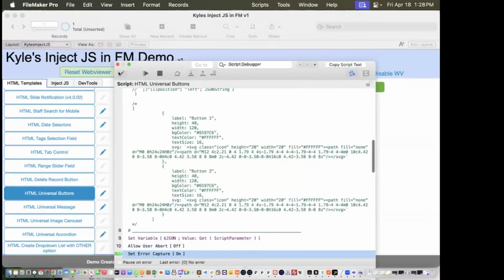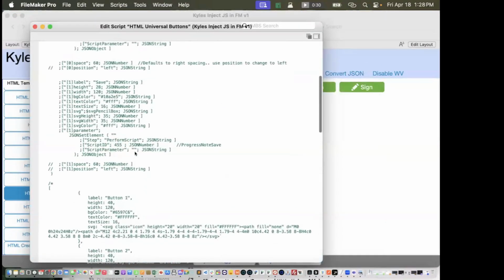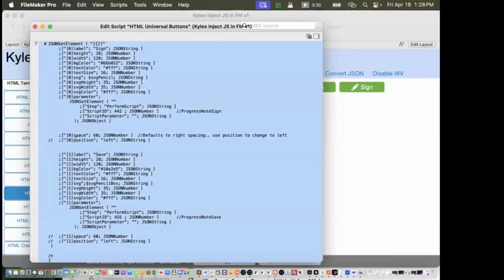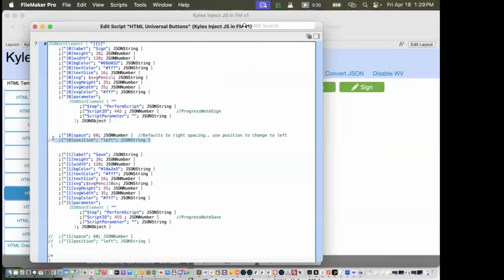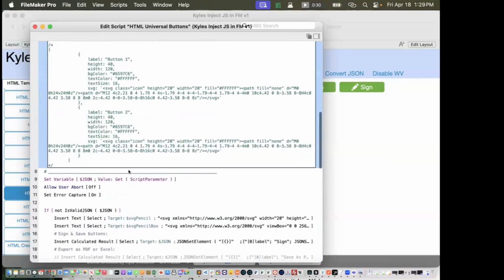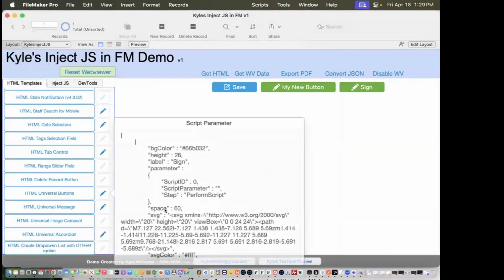Jessie says that she sees position in your big chunk, like if you looked lower. Yeah. Oh, there's position. Right there, position, commented. There it is. So if I wanted to position it to the left, I'm going to get rid of the SVGs because I have variables. So yeah, we just want to add the position parameter in here, which is commented out. So if I copy that, come back here,